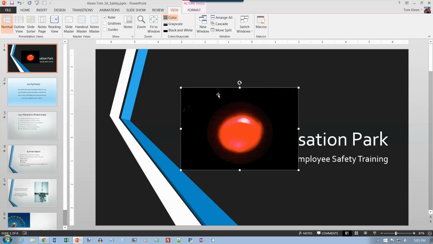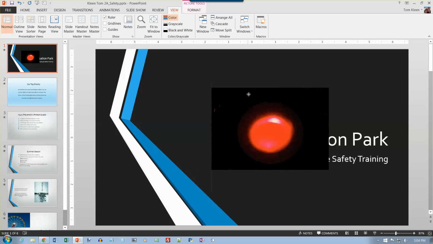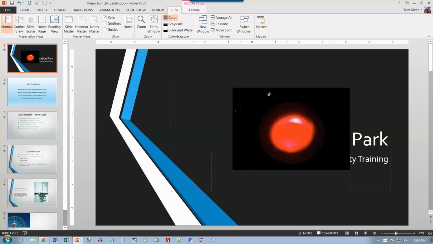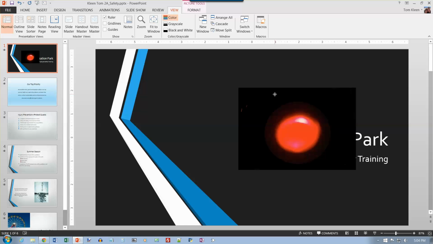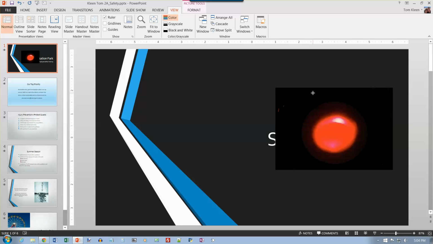And while I'm holding down Shift, drag the picture to the right slowly, and when it's about 6 inches to the right of 0 on the horizontal ruler, which would be about here,